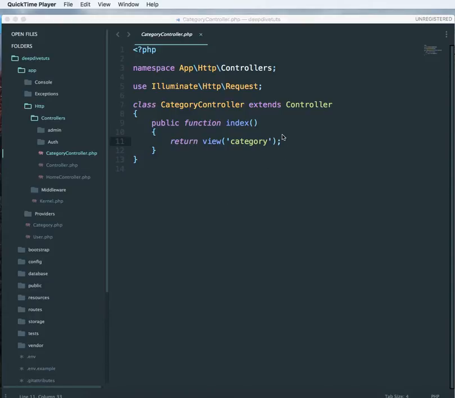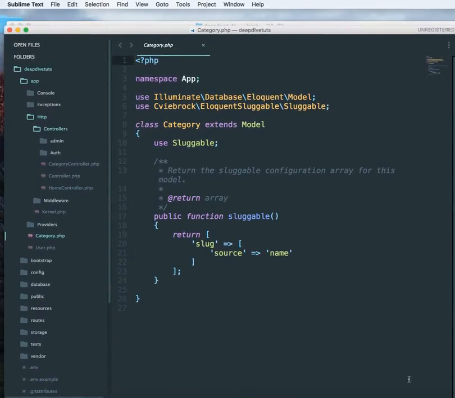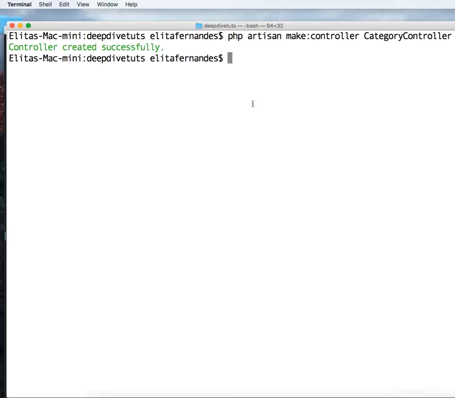Hi, in this session I'm going to show you how to retrieve your model data. Now we have created a model category.php file in our previous videos. For those of you who didn't follow the previous videos, the command for that is php artisan make